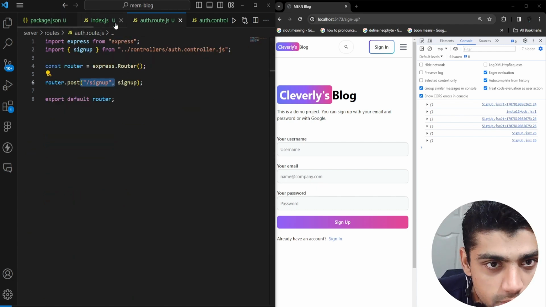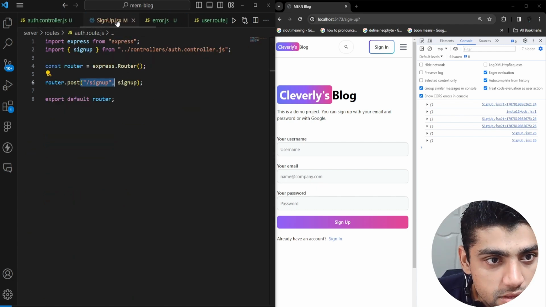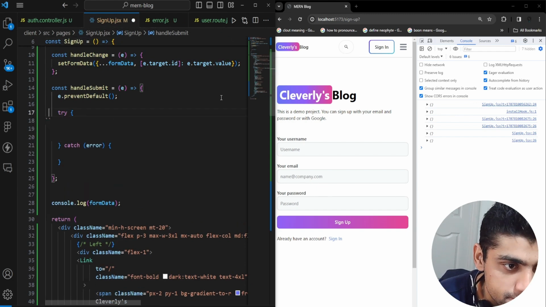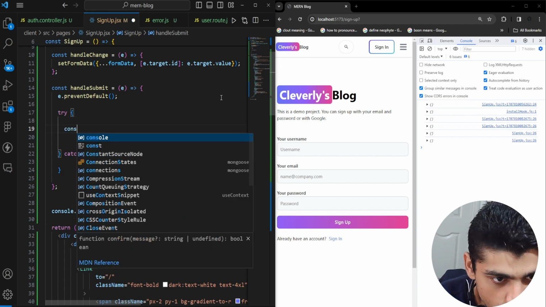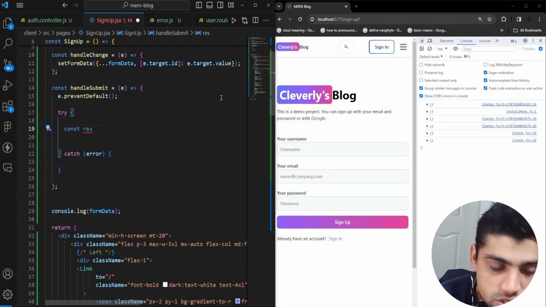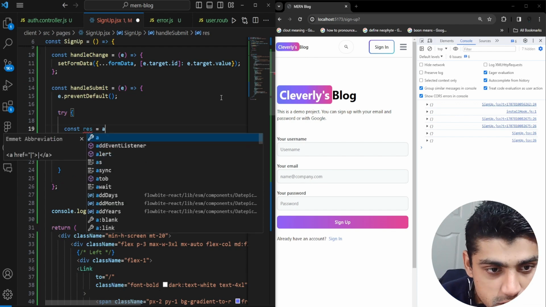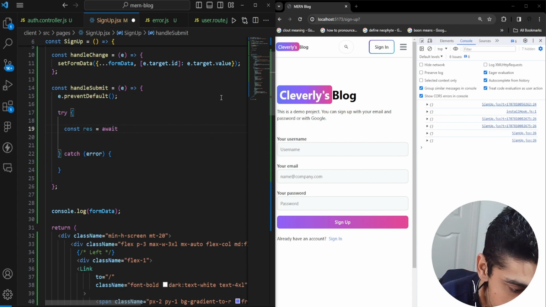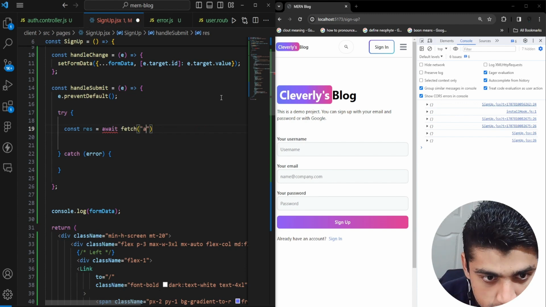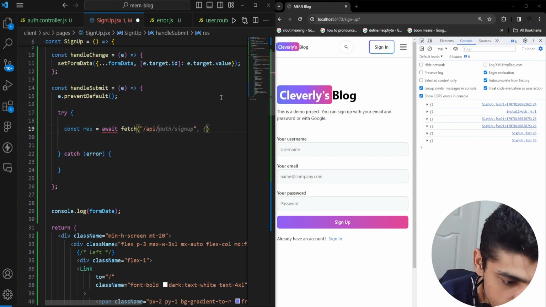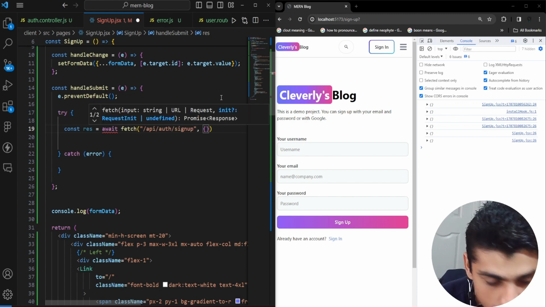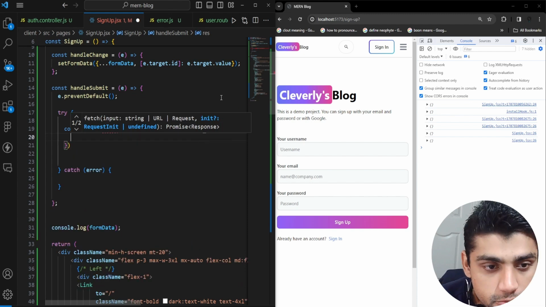So we will go back to our page, which is right now the sign up page, and in here we want to call that API. To call that API, we have a const response. Now this response is essentially going to have this await. So the await function will call fetch. It's going to use fetch to call this API, so it's basically /api/auth/signup. And then we have this object passed in, where we pass in additional parameters like the method